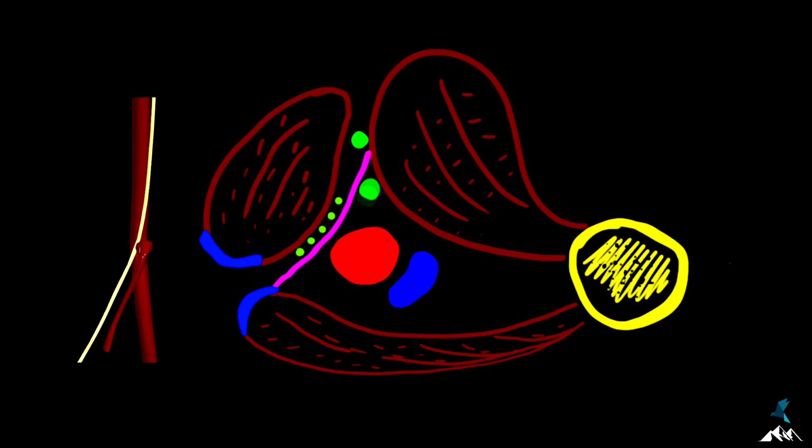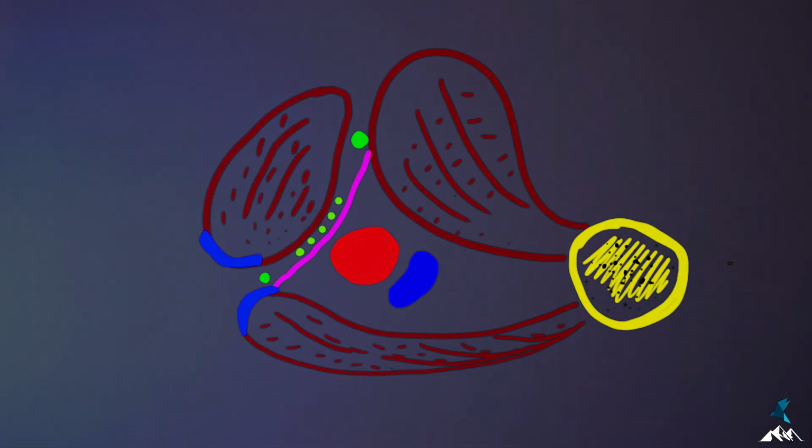Another important anatomy which you have to see in relation to the saphenous nerve is the course of the saphenous nerve. Just like how sartorius is going from the lateral end to the medial end of thigh, the saphenous nerve is initially seen lateral to the femoral artery. So in the proximal part of adductor canal, it is seen lateral to the femoral artery. As it descends down, it crosses anterior to the femoral artery and then reaches the medial side of the femoral artery and then leaves the adductor canal. So it is very important to know these relations, especially when you are giving a saphenous nerve block. You have to direct the local anesthetic on the lateral side of the artery if you are giving it in the